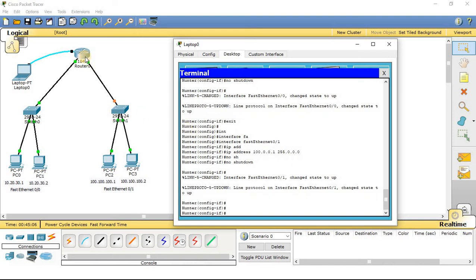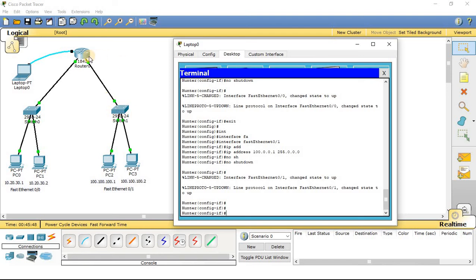Now observe, as the port is now switched on, we can see the color of the port has turned to green, and as I have already assigned the IP address for this particular port, that IP address will get registered in the MAC table of the switch. That is why we can see the other end of the cable which is connected with this port was orange for 50 seconds. Now it has slowly converted to green because this IP address has been registered in the MAC table for the corresponding port successfully.